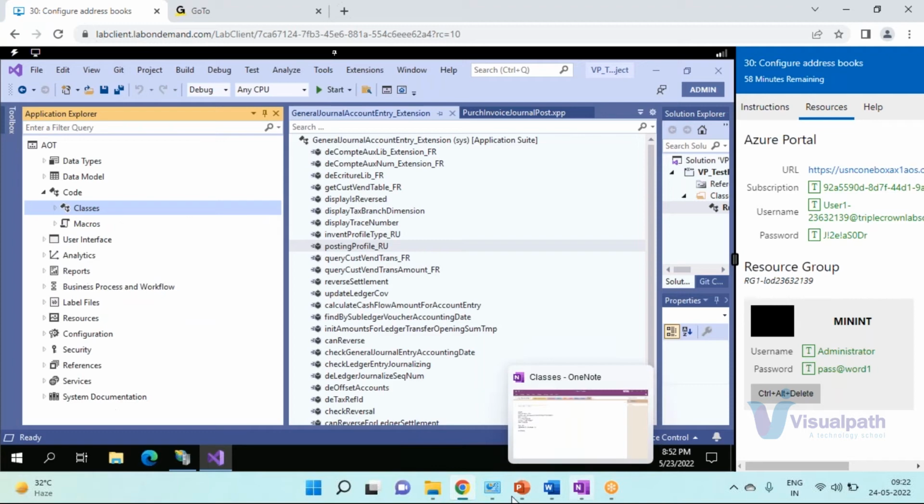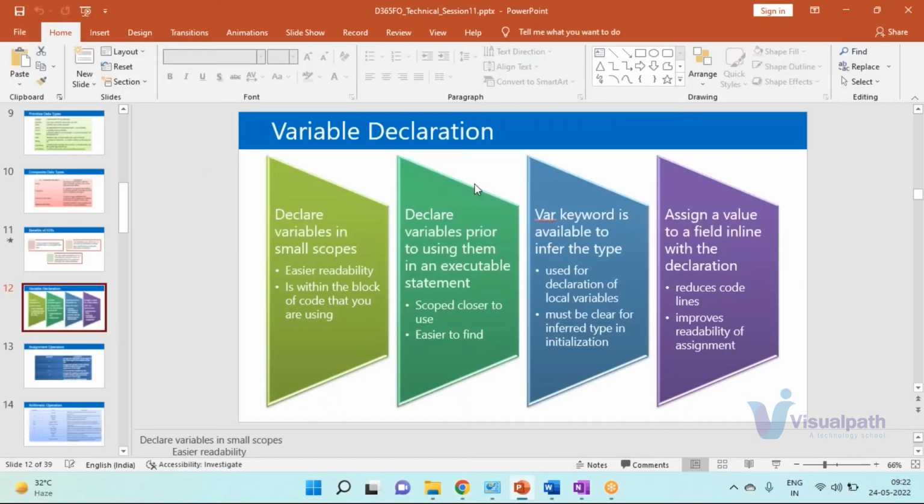Okay, so let us continue the session now. If you see the variable, these are the benefits I will say. They always declare variables prior to using them in an executable statement. Similarly, for whichever examples I was showing, please declare those variables. Declare variables in small scopes, which is nothing but local variables, and that is recommended. Do not create all the variables at a global scale. Always use small scopes, okay? And always